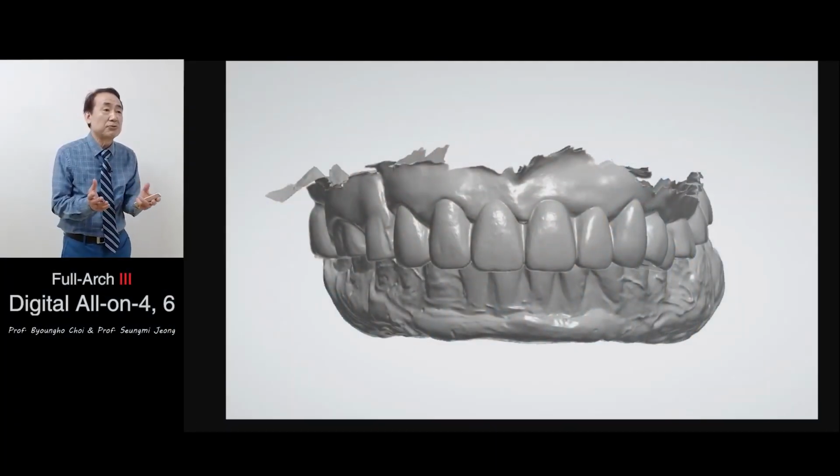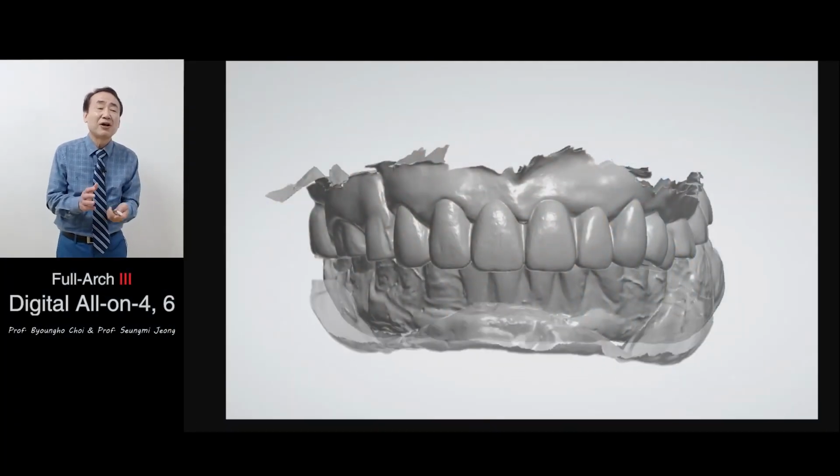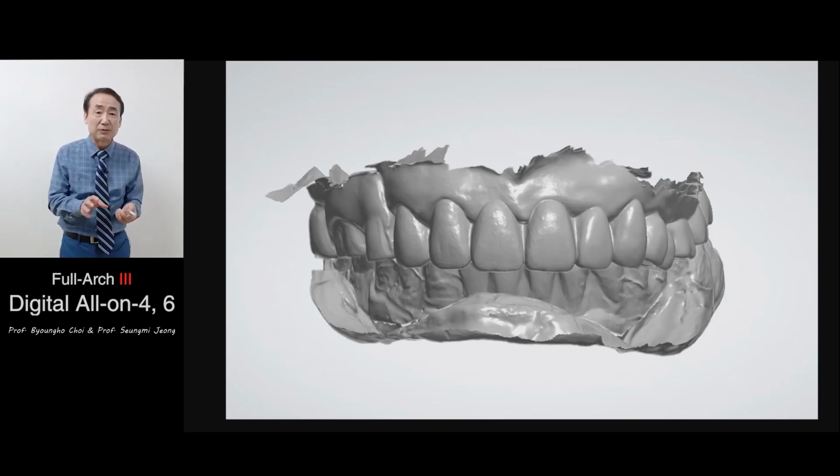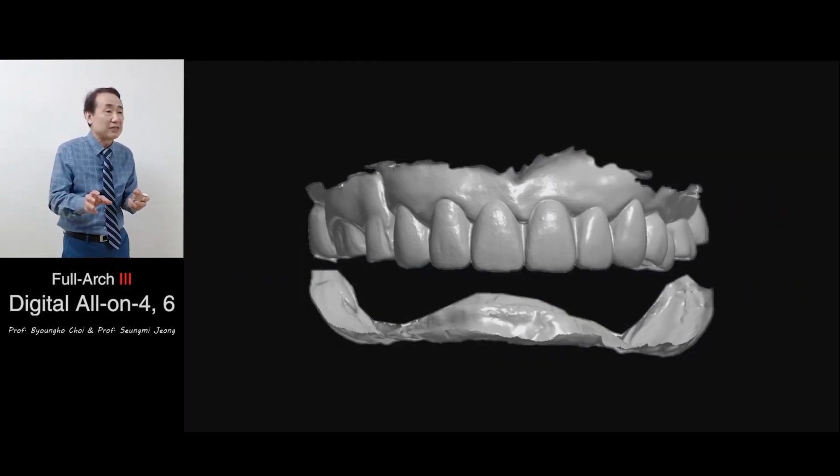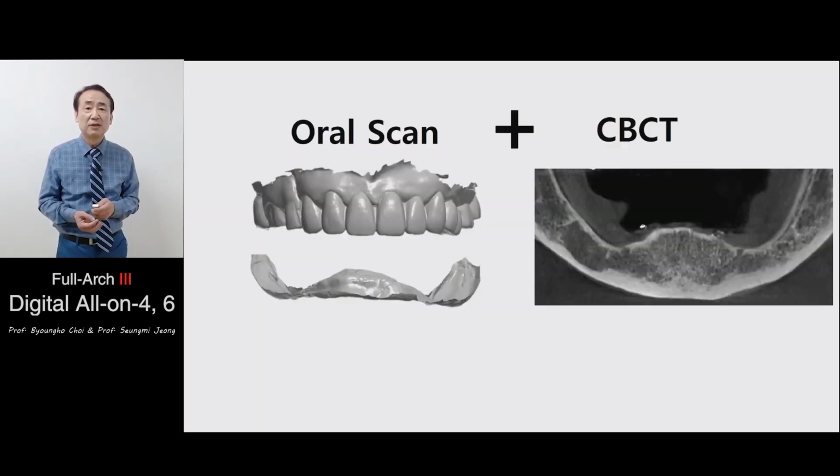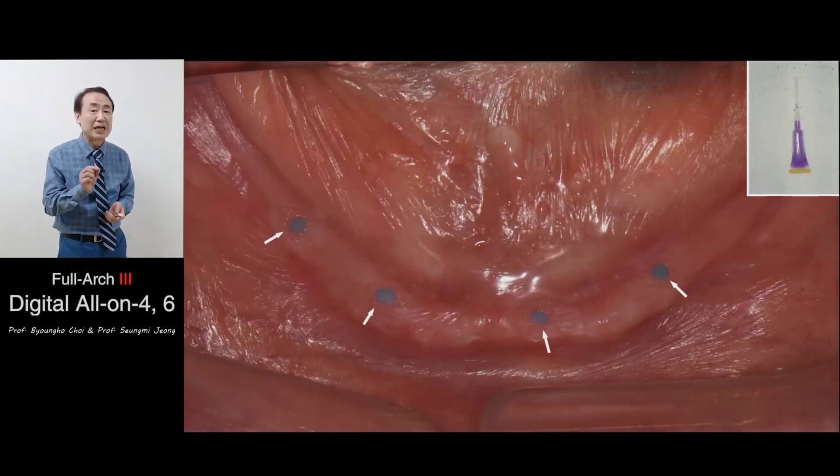You need to replace the denture image with the edentulous image. Then you will get the edentulous ridge image and the opposite teeth image having the vertical dimension. Then the two scan images were merged using these intraoral markers. The markers were secured in place using a special glue, which is Hysteroclear.